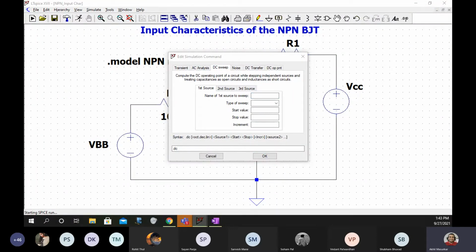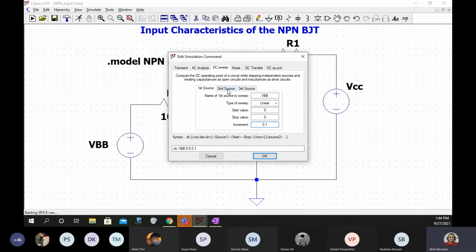So I'll write here VBB because this is the input characteristics, so I will vary VBB. The type of sweep you can keep linear. Start value you can keep 0. Stop value you can keep 5. And you can increment this in steps of 0.1.